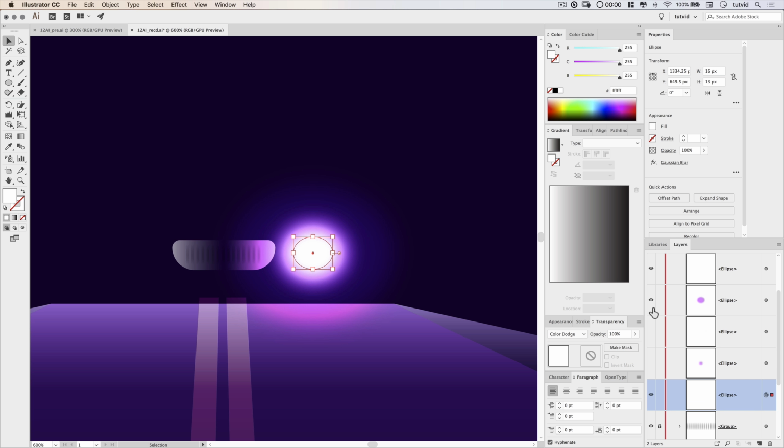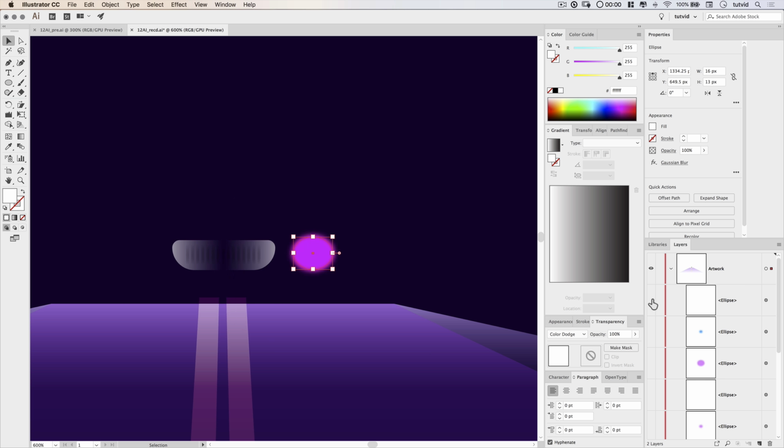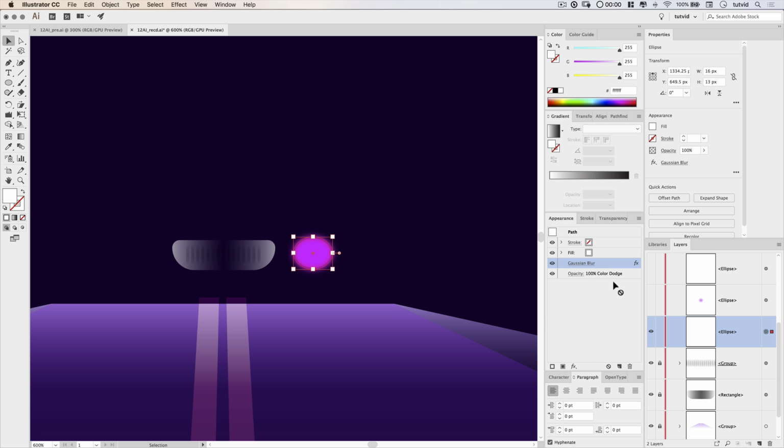In fact, what we're going to do to this will probably be best suited if we shut off all the rest of the shapes. Now here with this ellipse, we want to get rid of the blur. And the way the blur works, that makes it easy. We can just go to our Appearance panel, select that Gaussian blur, and drag it right to the trash. Now we are going to be applying a Gaussian blur to this later, but just to keep things simple so you can understand exactly what we're doing, I want to get rid of it so we can visually 100% see what I'm about to do.